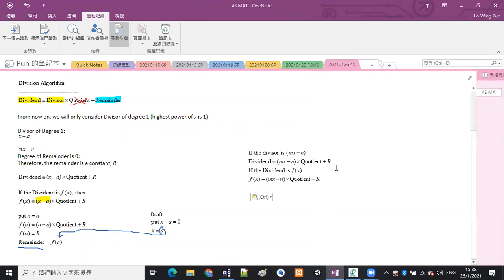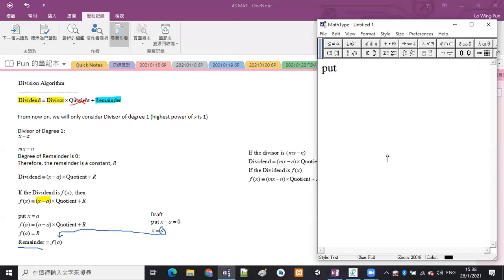Can you get this? 咁又係啦，當我哋想要揾個 remainder，唔 care 個 quotient，淨係想揾 remainder 嘅時候，我哋就可以代一個數入去個 x 嗰度，令到個 mx 減 n 變成零。點解要令到佢變成零咧？因為佢楞住個 quotient，我要整走個 quotient，所以我哋嘅目的就要喺個 draft 嗰度去計一計啦。OK，就係要 put 個 mx minus n to be 0。And then mx is equal to n, and x is equal to n over m,